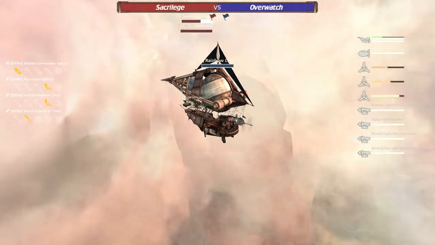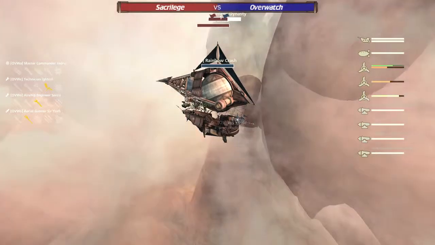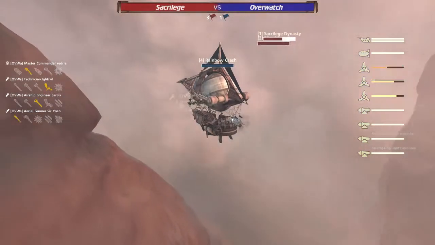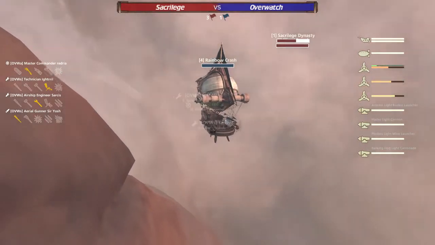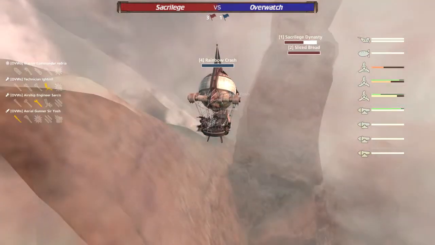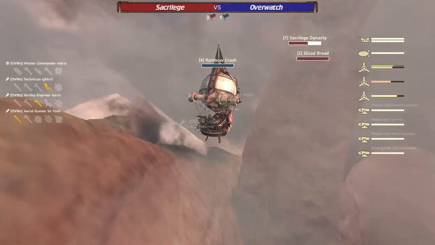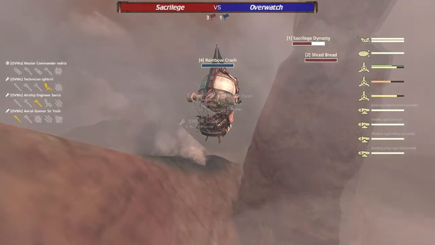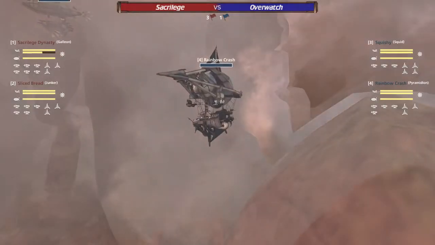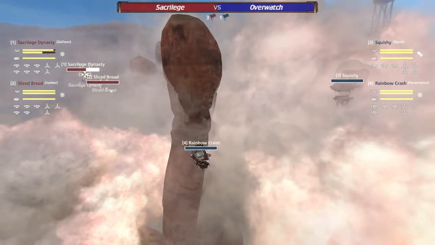That small minority. In any event, Sacrilege Dynasty and the Sliced Bread seem quite happy to stay in their spawn where they have the advantage. Partly it's just to stand on a spawn where they have the advantage. Partly, they have no idea what's going on out there. They don't know if Squishy's waiting around the corner. They don't know if Rainbow Crash is waiting around the corner. They could move out, but really, which way would they go? What do they actually want to do? It's going to be a bit of work there, so they might as well just stay back here,